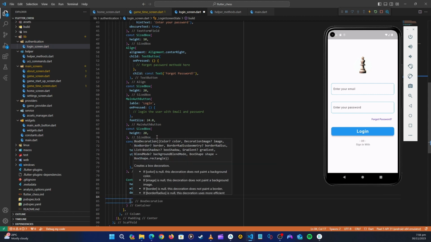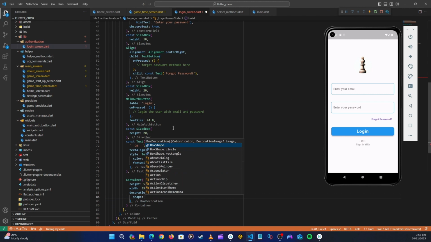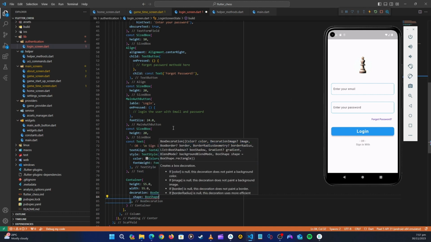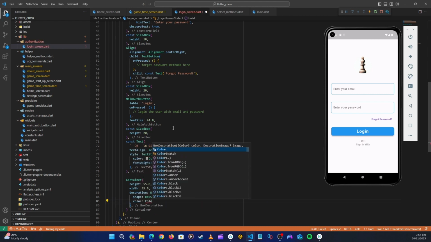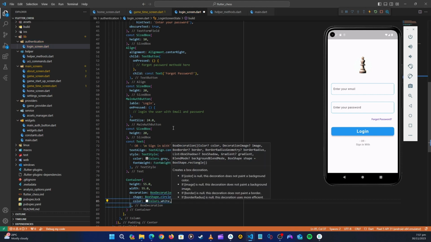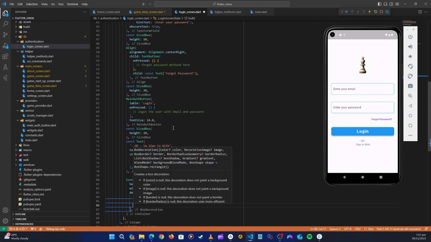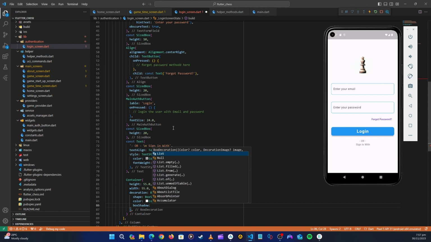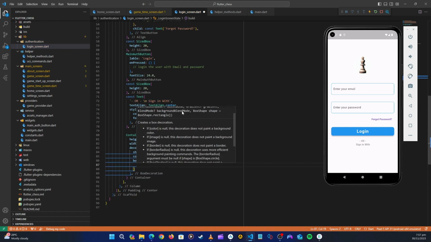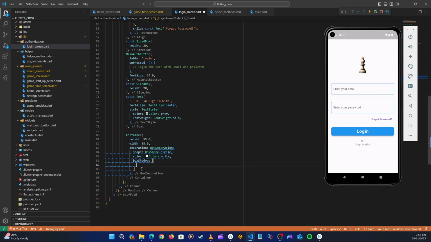So box decoration, inside here let's give it a shape. So the shape, let's have a BoxShape.circle, like that. Next, let's give it a color. So let's give it a white color, Colors.white. And then next, let's give it a box shadow. So for the shadows, let's see what we can give it. Down here we can say